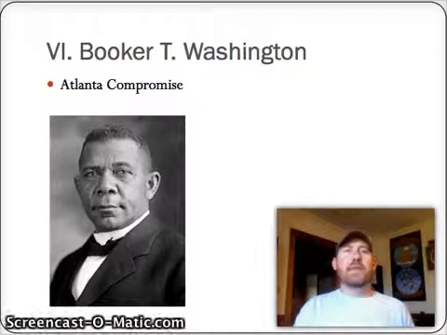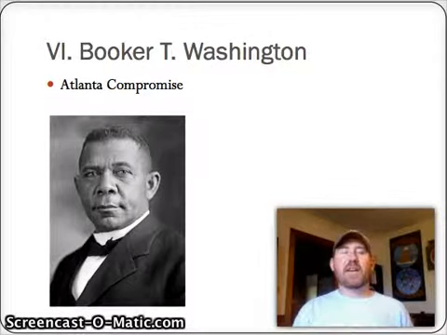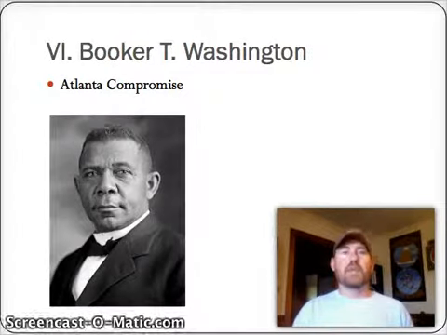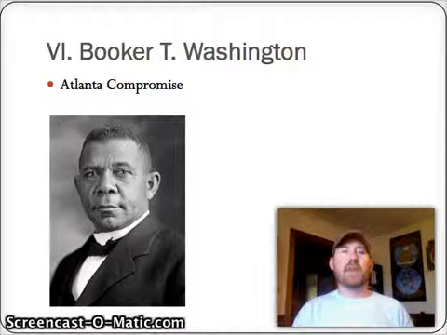Continuing on with the same theme, you need to be able to compare a couple of guys in these, I guess you could call them civil rights struggles during the early 1900s. The first of which is Booker T. Washington. Booker T. Washington was an advocate of slow progression for rights for African Americans. He said that first, let's try to get economic equality by working.